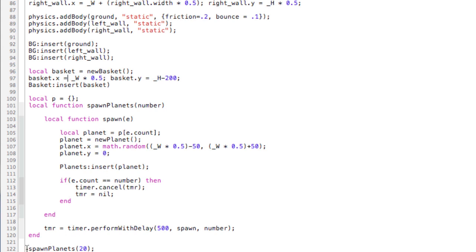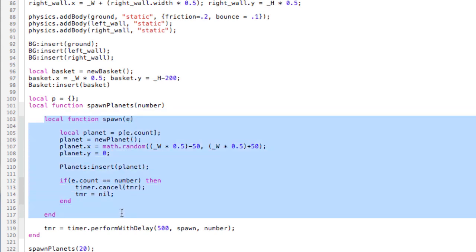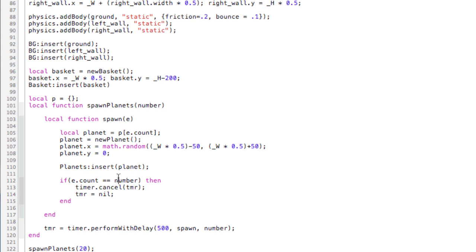The intent here is to call the method spawnPlanets with a number. And what that will do is feed the number into the following. We'll create a timer that will spawn every half second the number that is fed into spawnPlanets. So here 20. So every half a second we are going to generate a new planet. And when we hit every half second, we'll call this local spawn method, which is a method within spawnPlanets. Now again, I've done this before in previous tutorials and games, so this should be old hat for